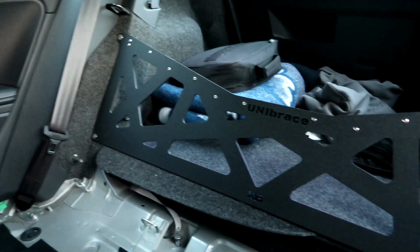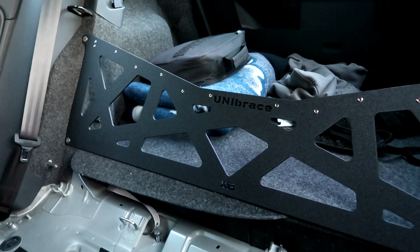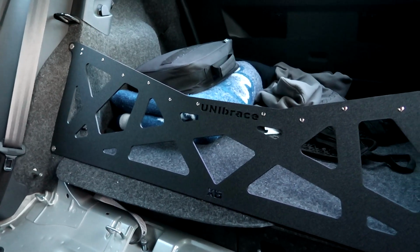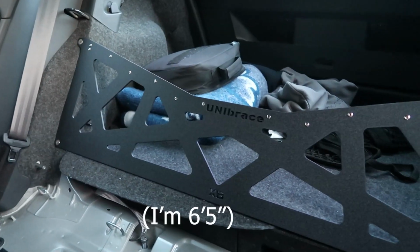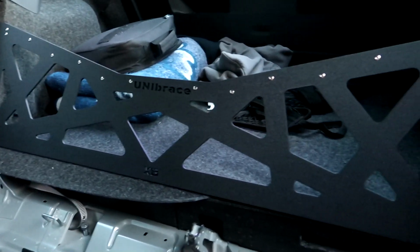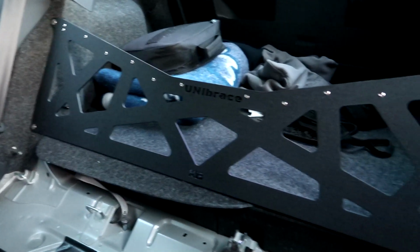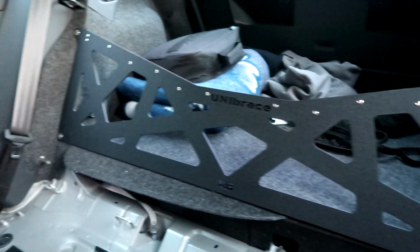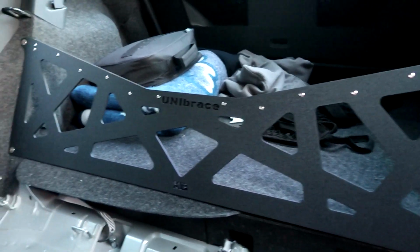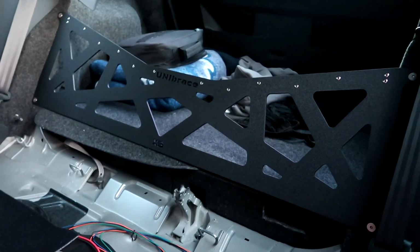You guys may be seeing more of this unibrace. I don't know if I'm gonna have enough room in the Blue R with that half cage, because like I was saying in my last video, my seat will have to back up right to the cage, and I don't want that seat to get damaged like the passenger seat got damaged. So this is what's gonna be back here if I do have to take that out. It's just gonna be a unibrace back here, and since I'm gonna lose a lot of stiffening by taking that half cage out, I might add a